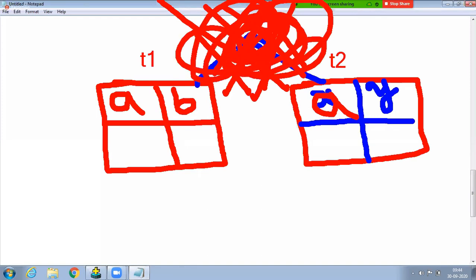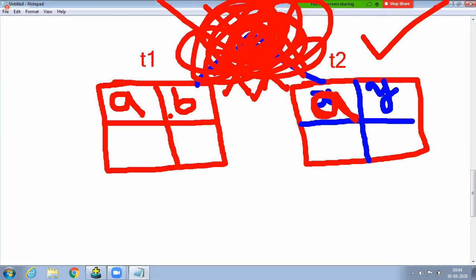Then possible. Yes, here A is a column, here A is a column. Same common column is there or not? Here also the same column, here also the same column. And also the data types of these columns are the same. 1, 1, 2, 2. Like this only; A, X, Y, Z, anything is not possible. Here the data types must be the same: number, character, date, like this.